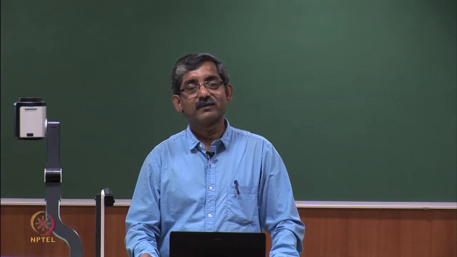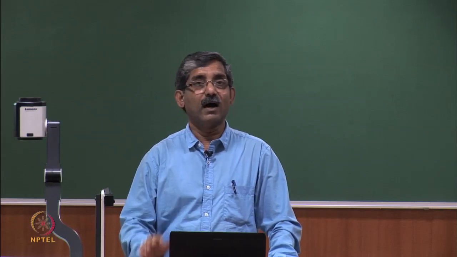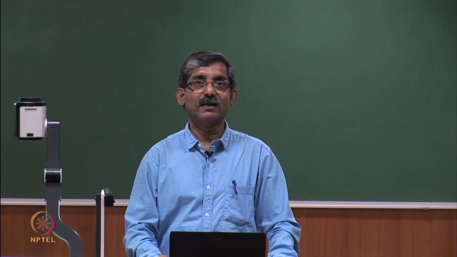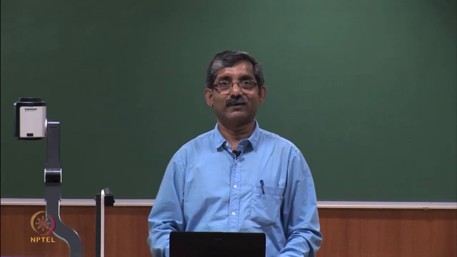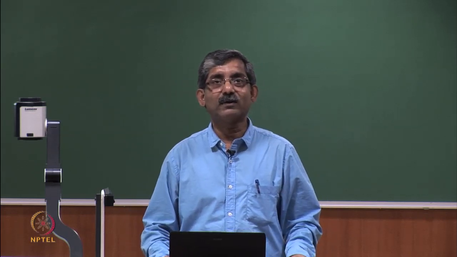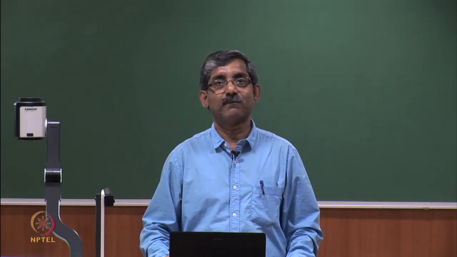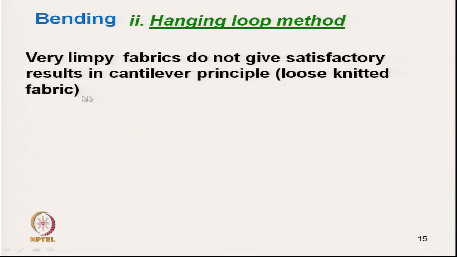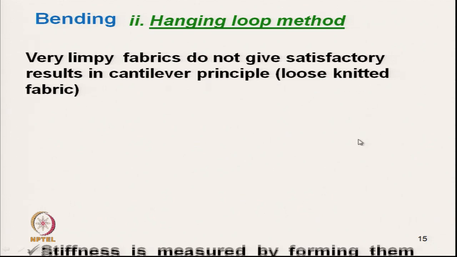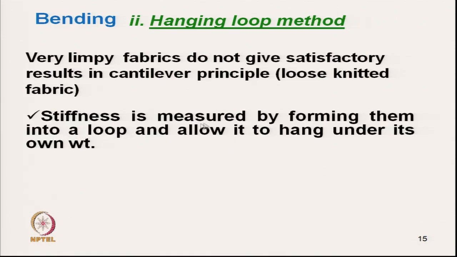For those fabrics we have to use another method, which is the hanging loop method. The hanging loop method is for very limp fabrics, like loose knitted fabrics as I have mentioned, which do not give satisfactory results with the cantilever principle. The stiffness is measured by forming them into a loop and allowing it to hang under